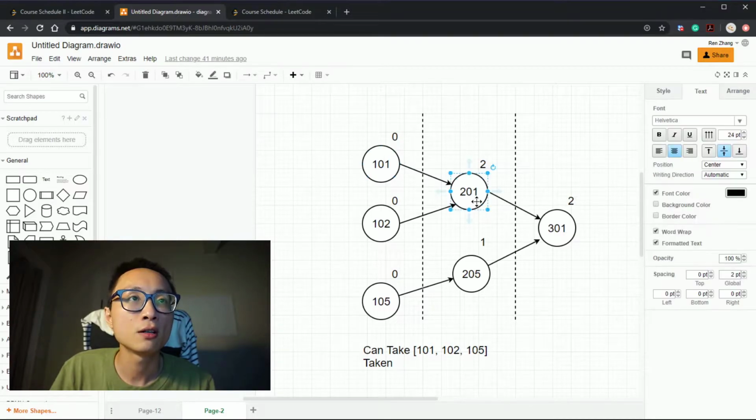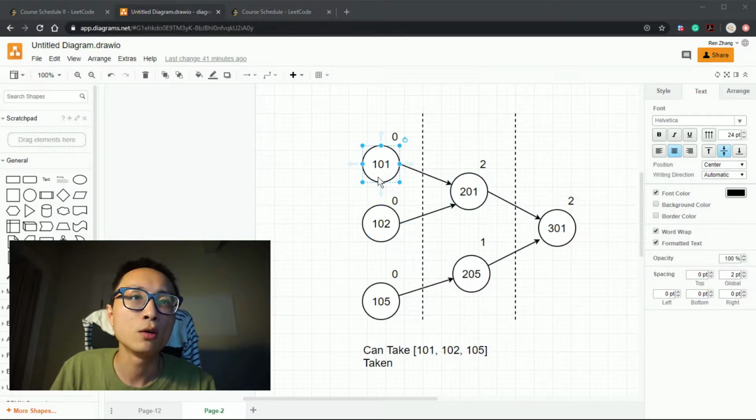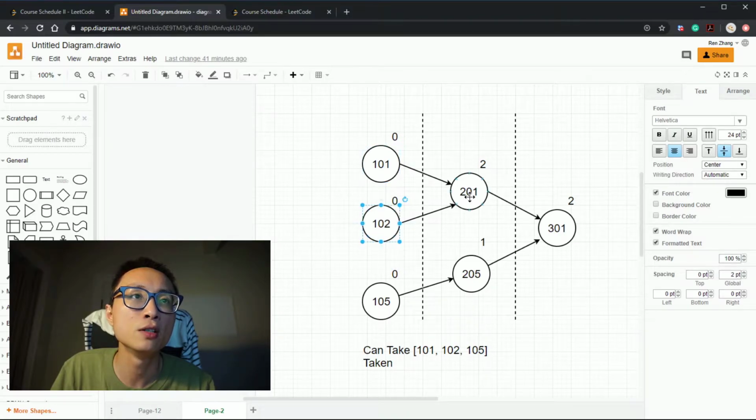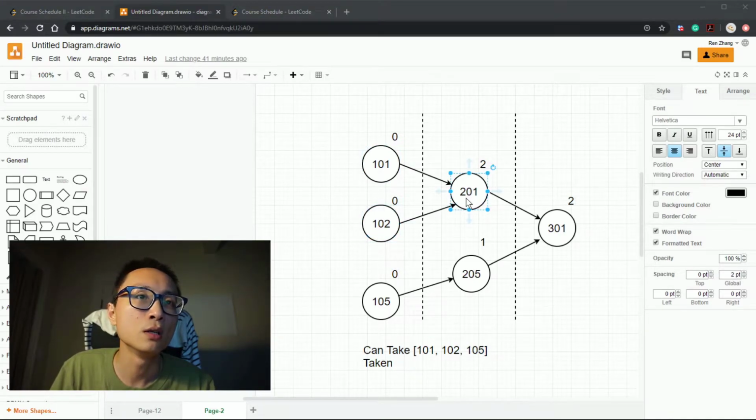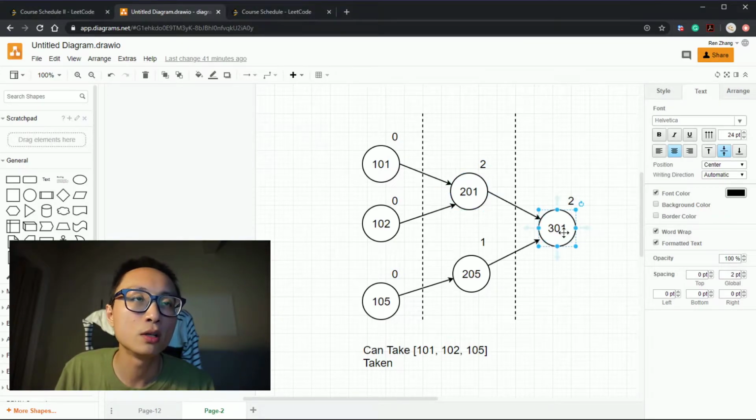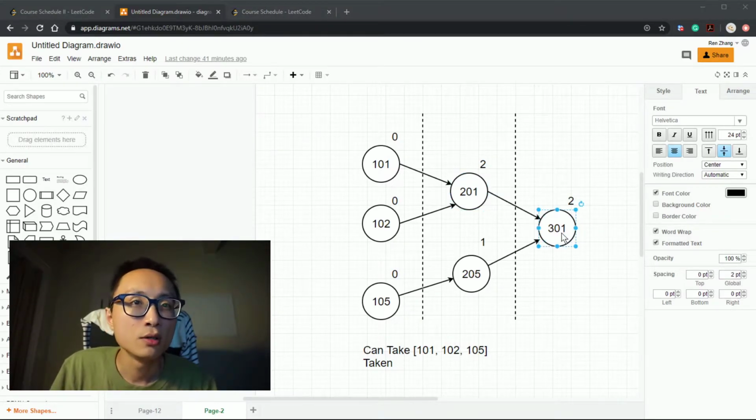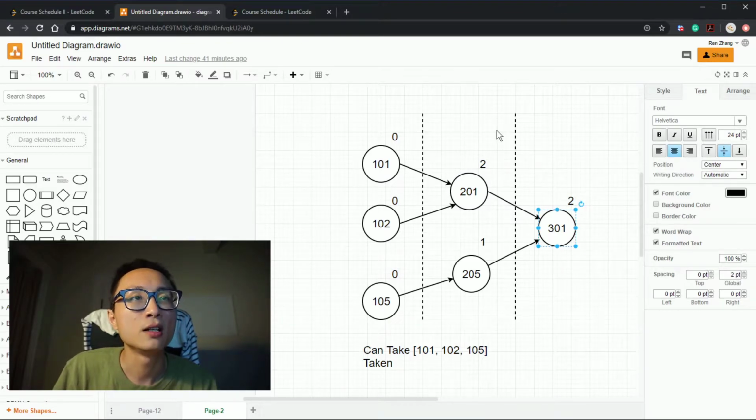And you can see that course 201 has prerequisites 101 and 102. Maybe 101 is linear algebra, 102 is probability theory, and 201 can be maybe machine learning. 301 might be deep learning. So you have this kind of layered or leveled course system,